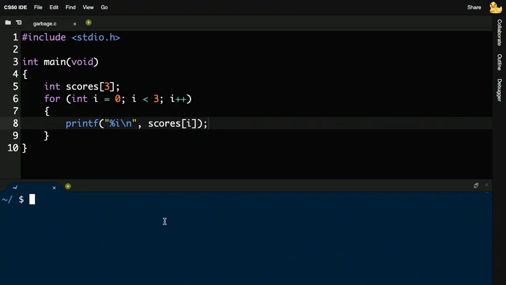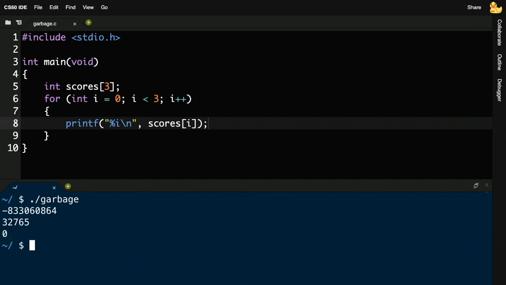So logically, my code is correct in what it's trying to do, print out the values in scores. But notice that I have deliberately not initialized any of the 1, 2, 3 scores in that array. So who knows what's going to be there. Indeed, it should be garbage values of some sort that we couldn't necessarily predict in advance. So let me go ahead and make garbage. Since this program is in a file called garbage.c, it compiles OK, but when I now run garbage, we should see